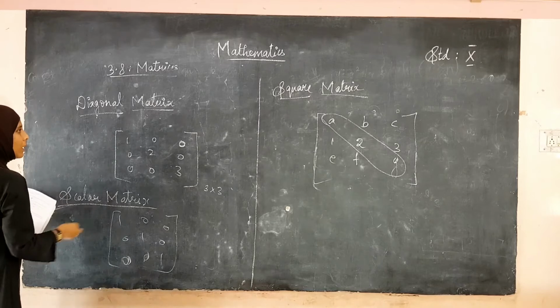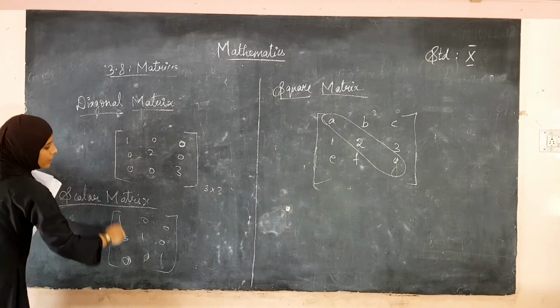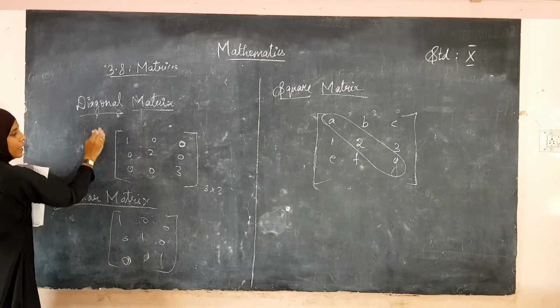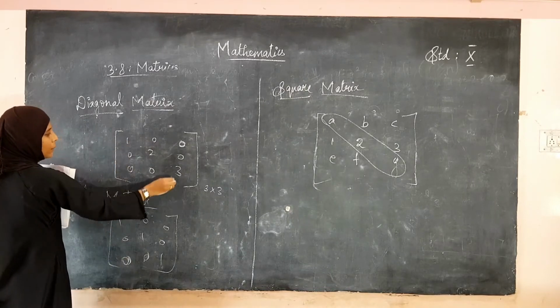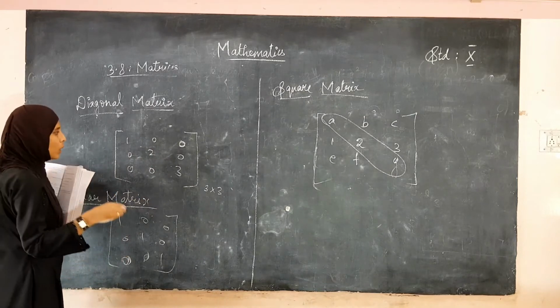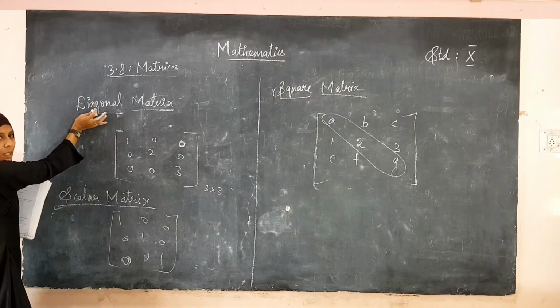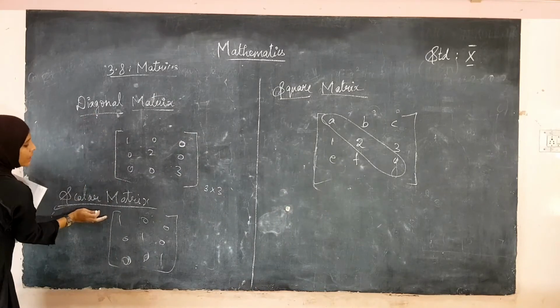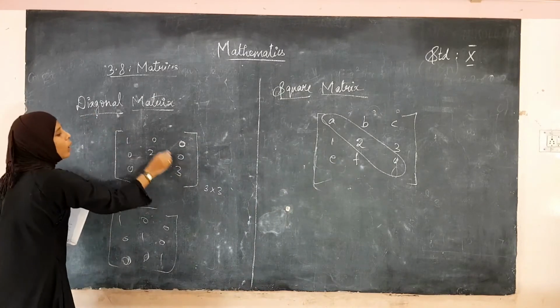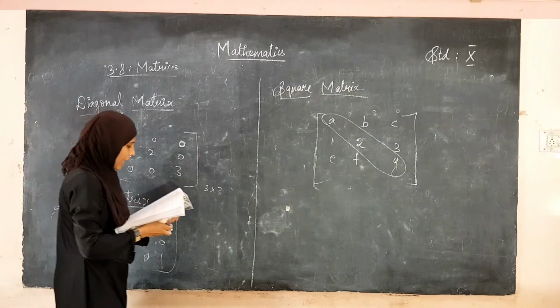Similarly, we can say this is a diagonal matrix in which the diagonal elements are the same. A diagonal matrix has elements only in the diagonal places, and the other places will have 0. This is taken from the square matrix. So the scalar matrix is taken from the diagonal matrix. A diagonal matrix is said to be a scalar matrix when all the diagonal elements are the same. That is said to be the scalar matrix.